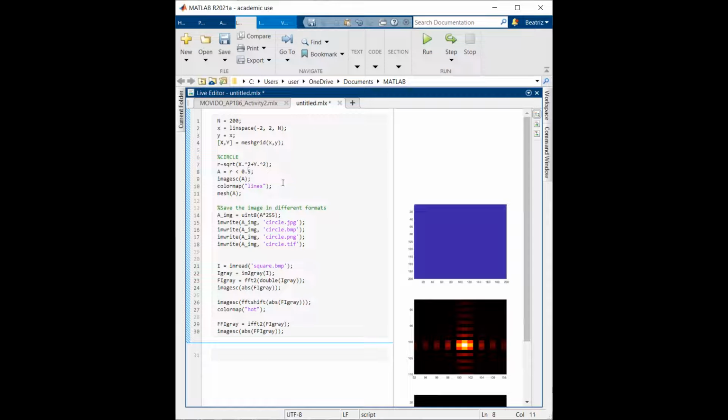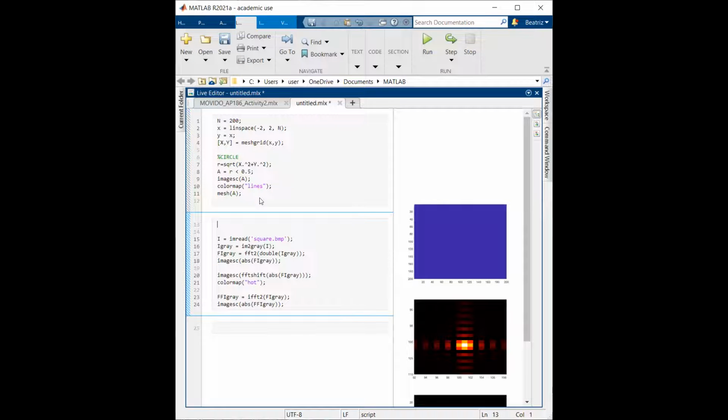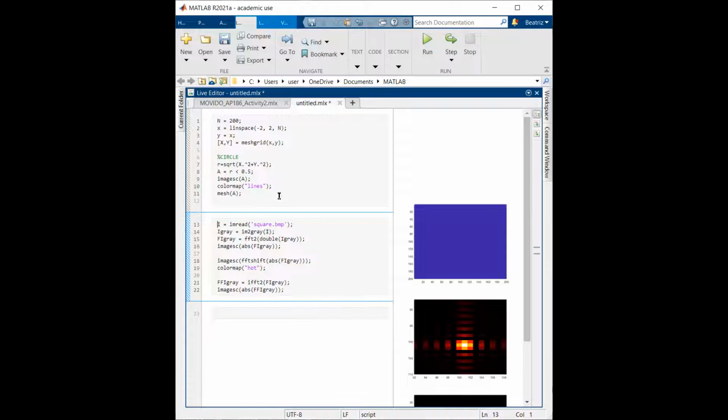Okay. Would you like to put a section break so that you don't need to save the images? You can put a section. You're very good. Okay. Now, no need to read. In the next section, instead of reading, we will use A, no? So we comment this out, and instead we say I gray equals